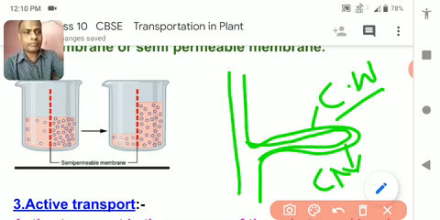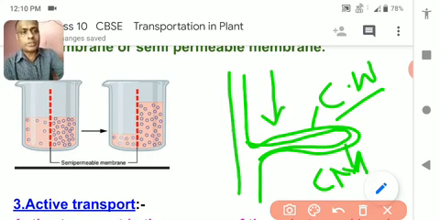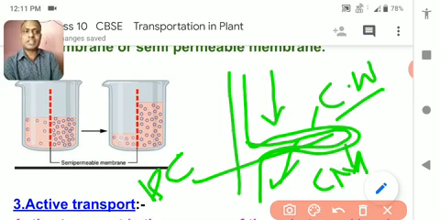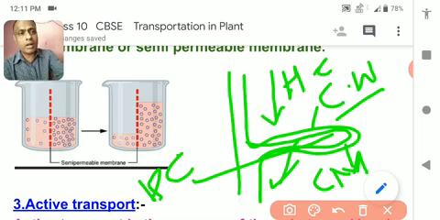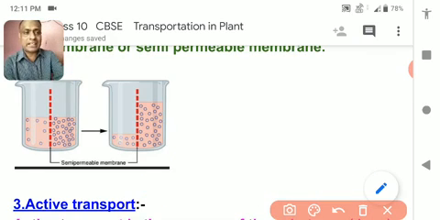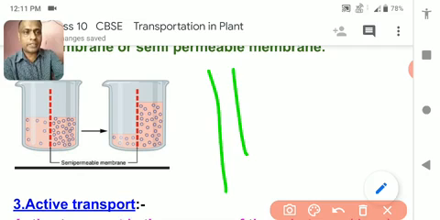Yes. The water moves from outside to inside because the root hair has a smaller amount of water. Salt is more in the root hair, means the root hair has a high concentration of solute and low concentration of water, while the water is present in higher concentration outside. So water from outside moves inside the root hair. Once again I am repeating to make you understand. See, this is the root hair.